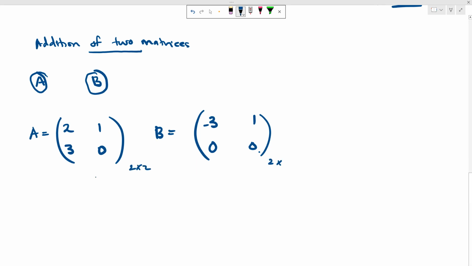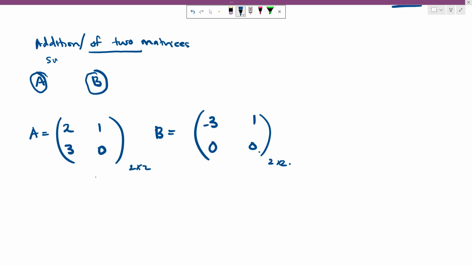Here also 2 by 2. So the matrices with the same size can be added or subtracted. Okay, so addition or subtraction. Now when we add or subtract two matrices, then you have to simply add or subtract the corresponding